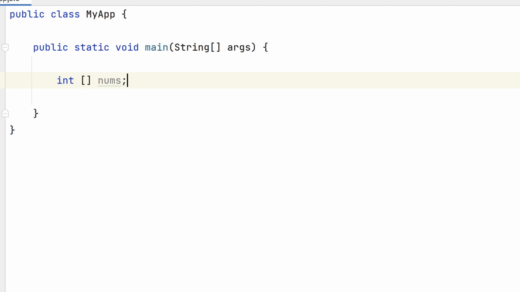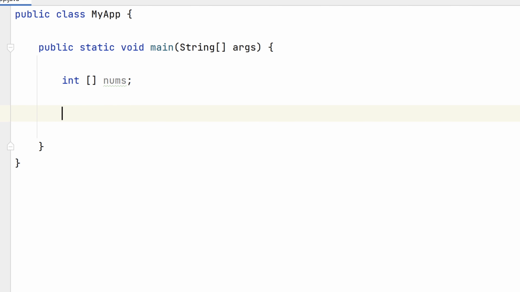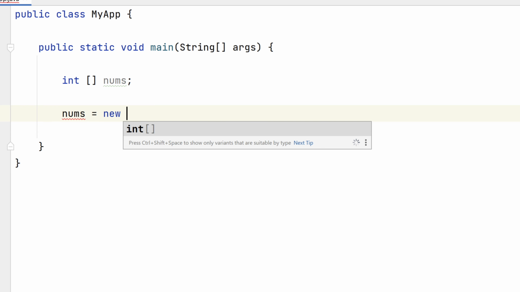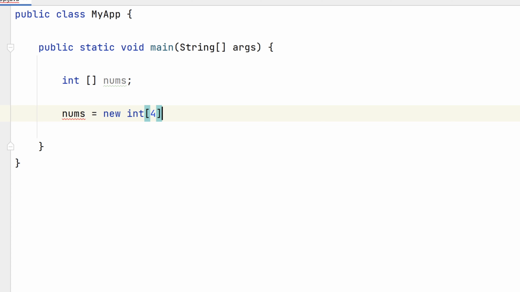At this point, the variable nums is a reference variable to an array of integers that is initially null, since no array has actually been created yet. To initialize the array and allocate memory for it, we use the keyword new. For example, nums equals new, our data type int, in brackets the number 4 and a semicolon. This code creates an array called nums of type int and of size 4, meaning it can store 4 integer